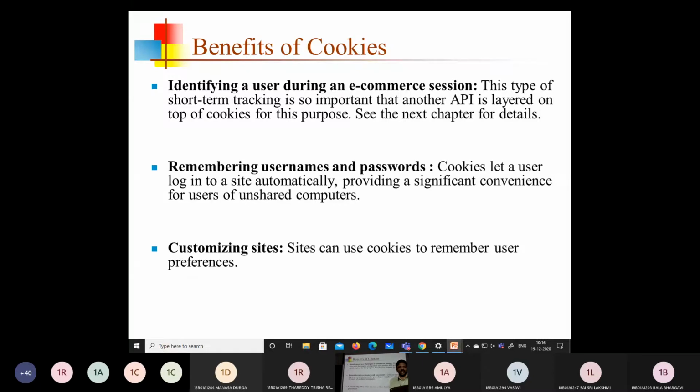Okay, that cookie will be saved permanently if you click on save now or save password like that. Okay, so that cookie will be saved permanently until you delete that detail as well as the cookie from the browser itself. And the next one is customizing the website. This is also a very frequently applied benefit of the cookie itself.